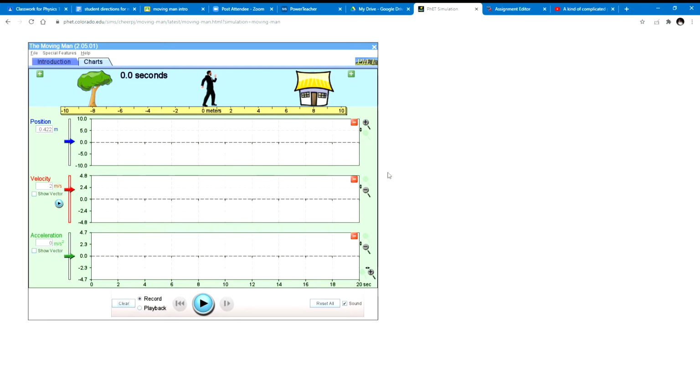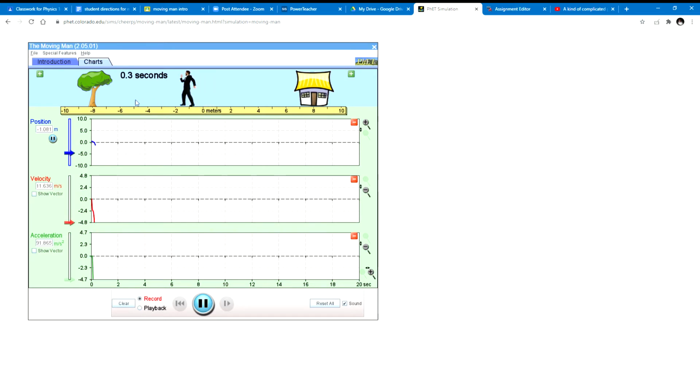Mr. McLeod here. I'm going to do really quickly is show you how to use the moving man simulation. We talked about this a little bit, but I want to make sure that you have a thorough understanding. And you guys are currently in breakout rooms, so I'm literally doing this while you guys are working. So, that said,